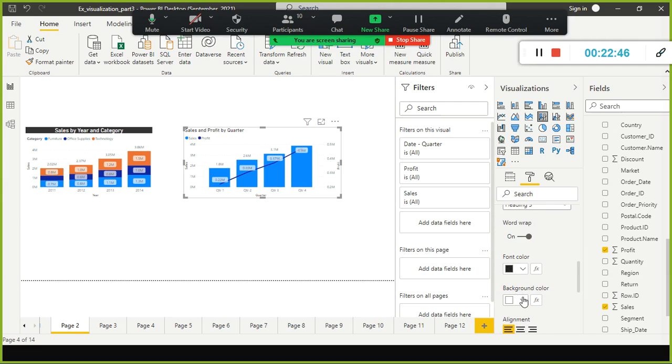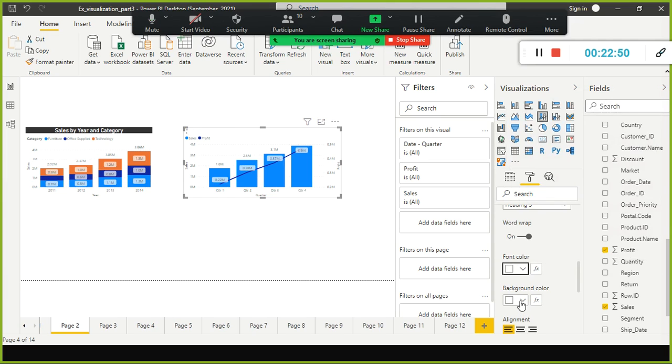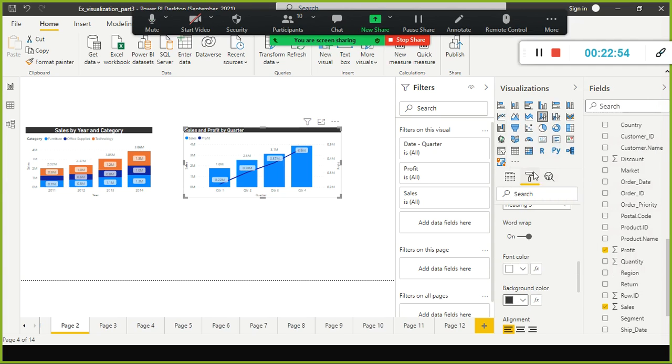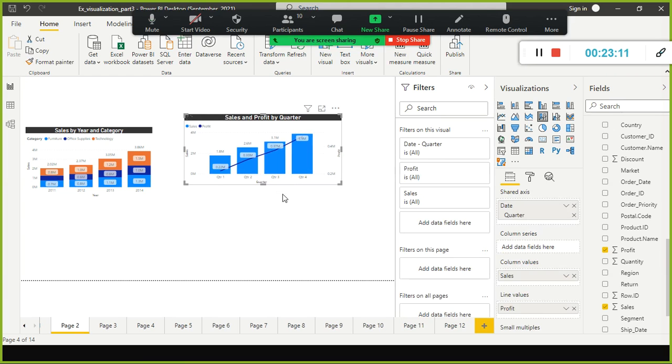Especially designers, they like this kind of job. You can increase the text size. We are done with it.